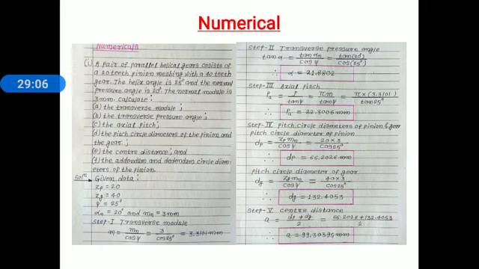The first term is the transverse module, denoted by letter small m. Now we know the relation between normal module and transverse module. Normal module m suffix n is equal to transverse module into cos psi, and therefore transverse module m is equal to normal module divided by cos psi. Normal module is given 3 millimeter, helix angle psi is 25 degree. Simplify this and we get transverse module, small m, equal to 3.3101 millimeter.